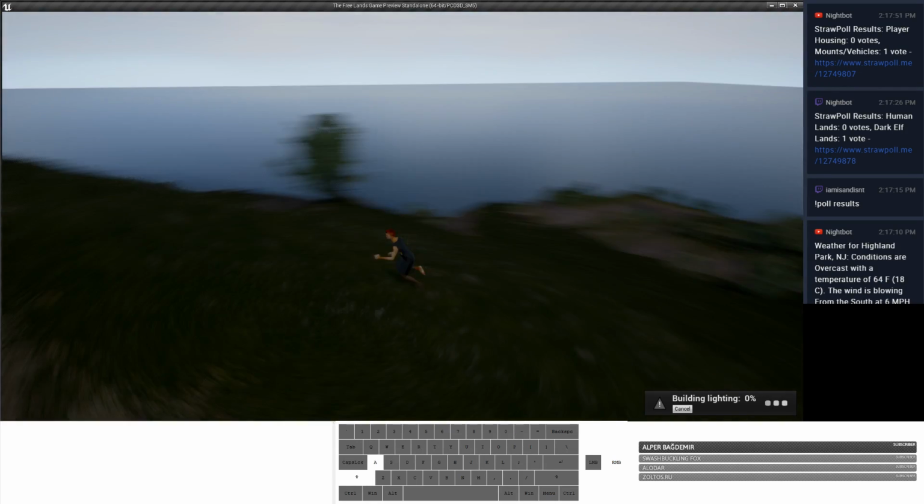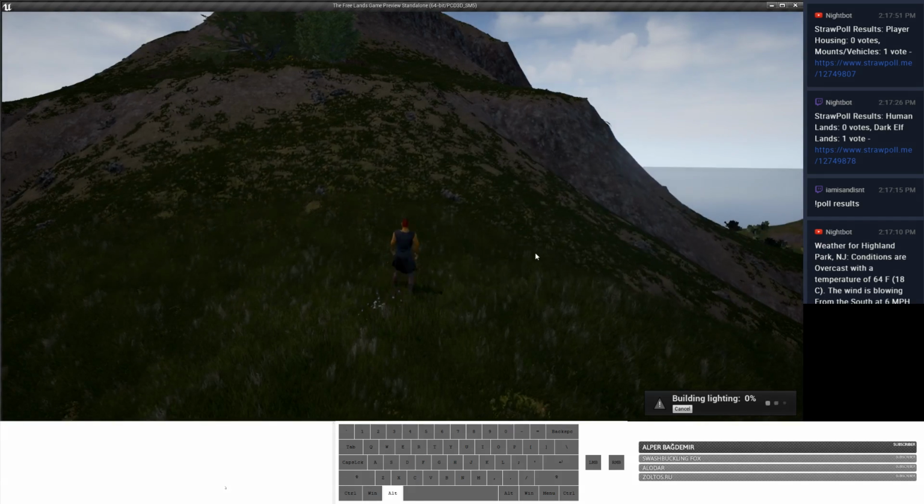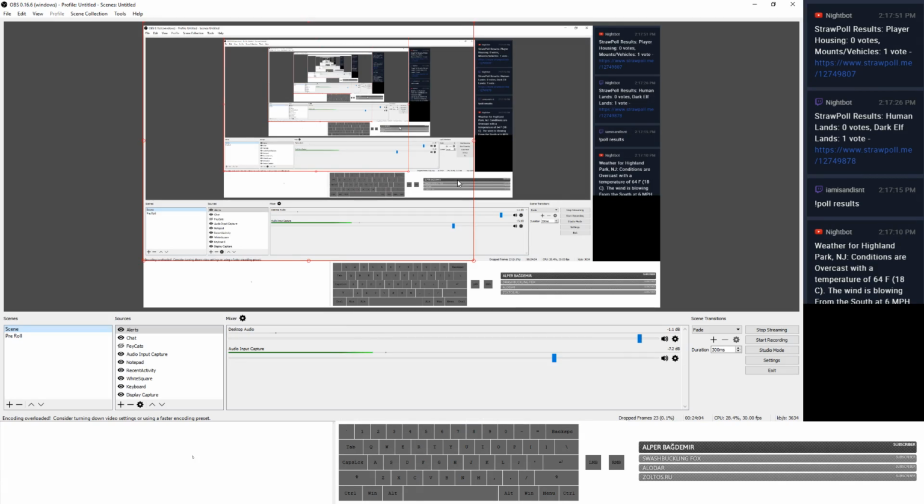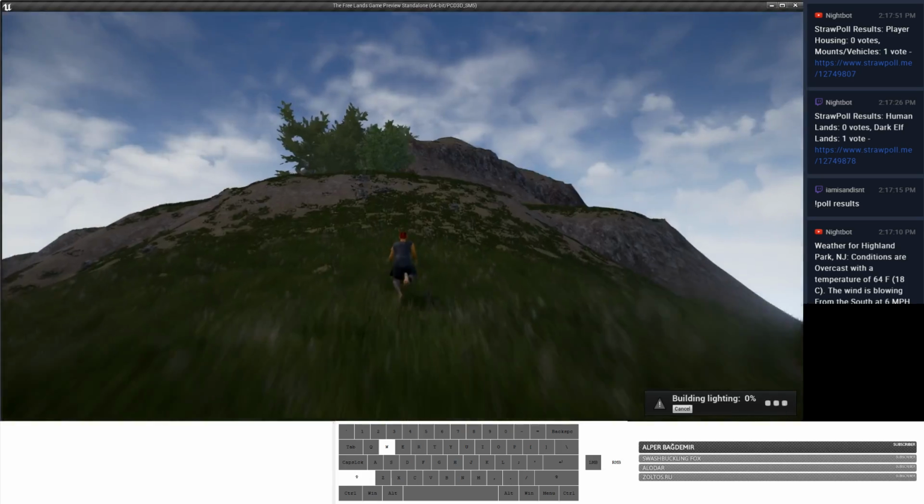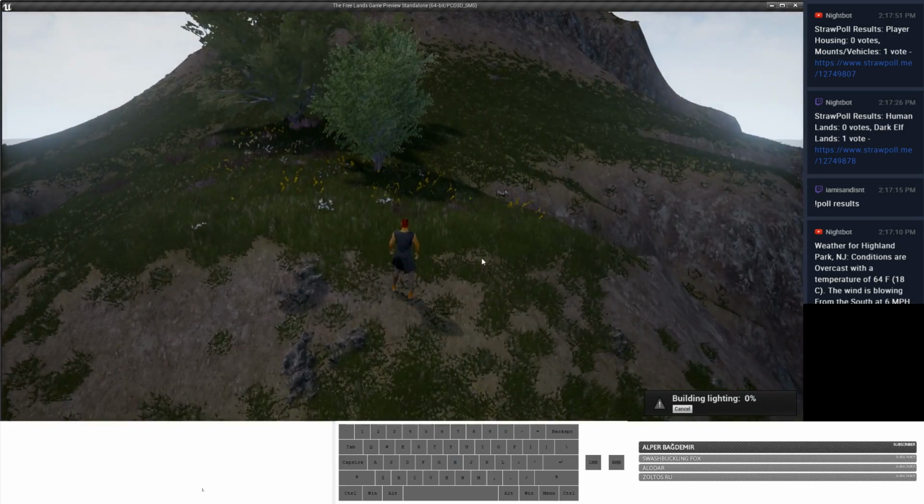You like my music? Let me know. Oh, I can't tell if it's playing if I alt-tab out of the program. Let me just turn off my microphone and check. Yeah, it's working. That's cool.